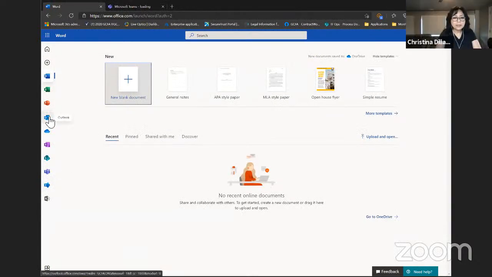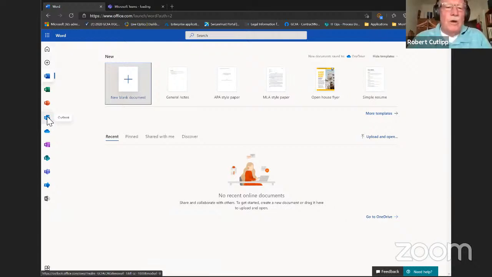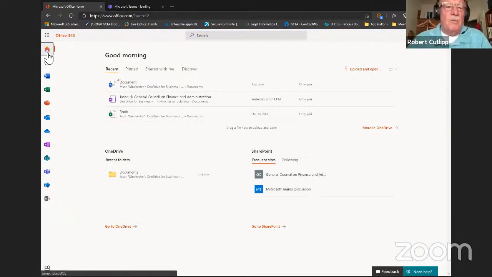Go ahead. Two questions. If I'm already using Outlook, is this going to be an additional Outlook application that I'll have files in both Outlooks, or will it integrate seamlessly with what I've already got?